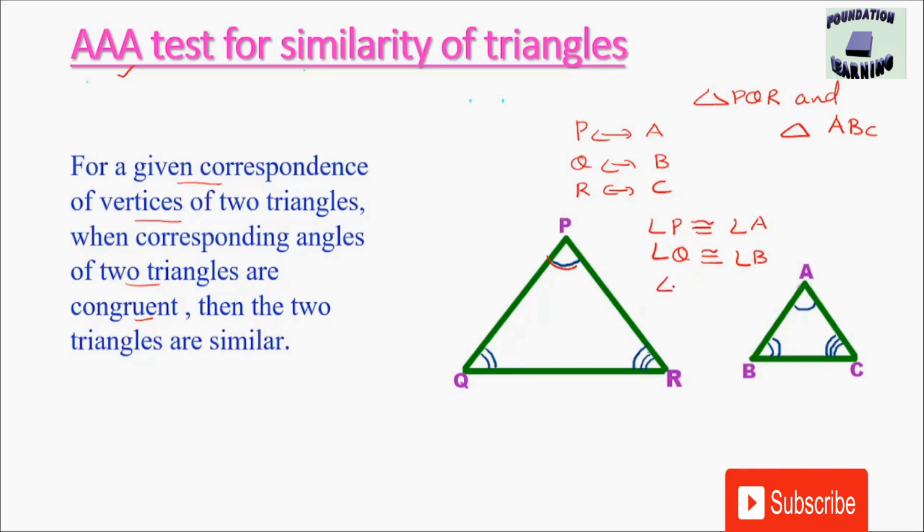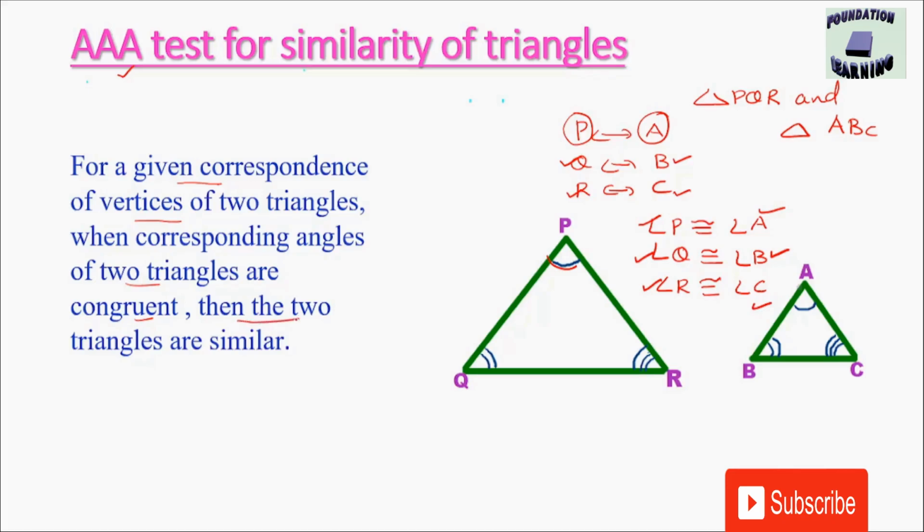And angle R is congruent to angle C. So when the corresponding angles are congruent, that is vertices P and A, angle P and angle A, right? Vertices Q and B, angle Q is corresponding to B, and vertices R and C, angle R and angle C are congruent,